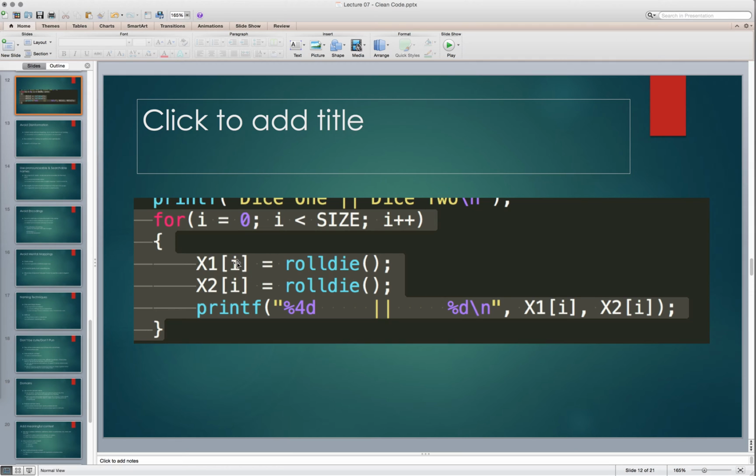We know that it's being assigned a value from the roll of a dice, or at least the return value from a function called rollDie. So we can assume that the values are being used for maybe a game or something, but it's really hard to tell for sure what x1 and x2 are. So for the most part, pretty bad variable name, pretty bad name for an array because it does not reveal any intention. If we go to the actual code then,